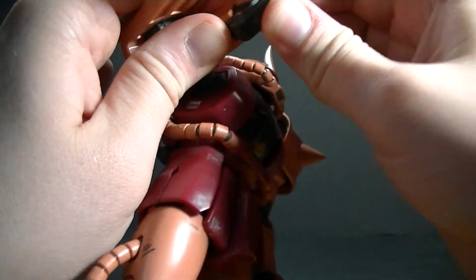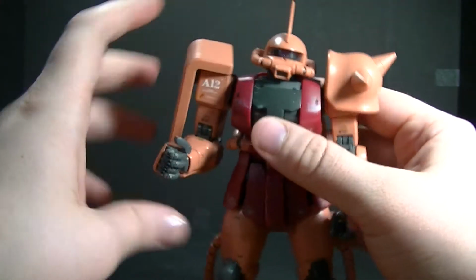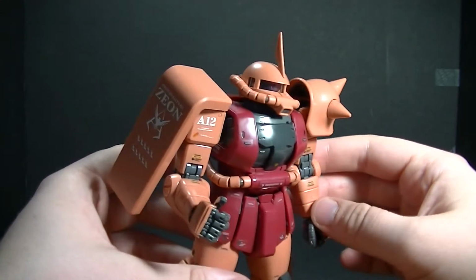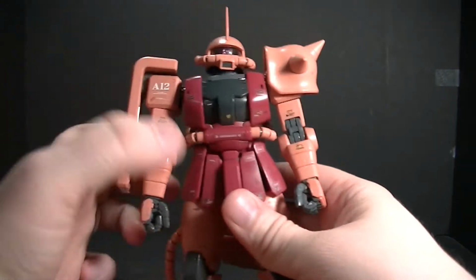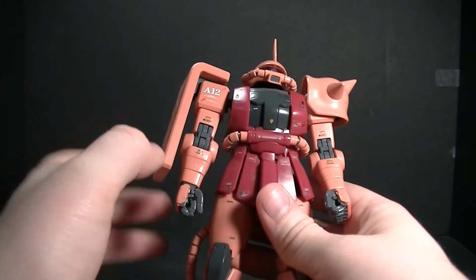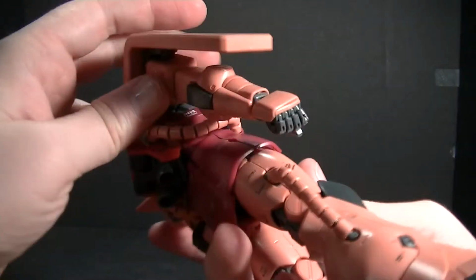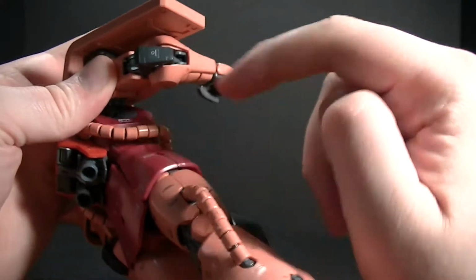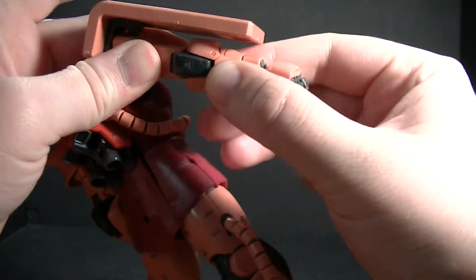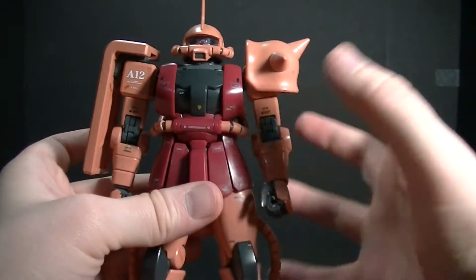I really don't know how that got locked up like that, but I don't want to try to fix it and end up possibly breaking it, so give me a moment, I'll take care of that. Alright, so I got that joint fixed. I don't know what happened exactly, because before I started shooting the review, I did test all the joints to make sure how everything worked, but somehow the pistons on the inside of the elbow, that one got jammed. So, yep, always something has to go wrong when you're trying to shoot for a review. But anyways,